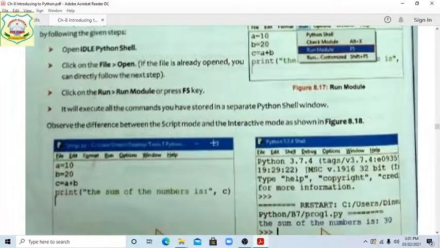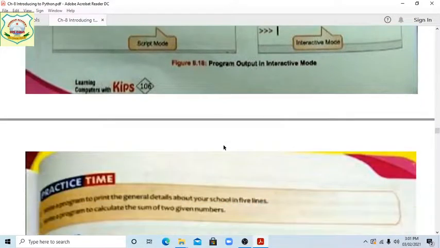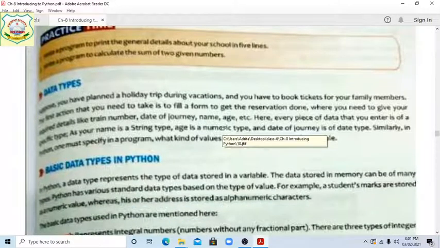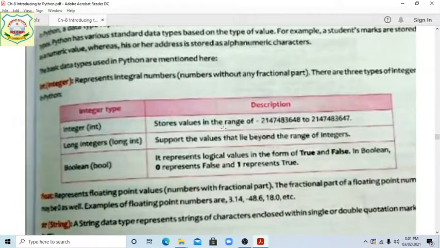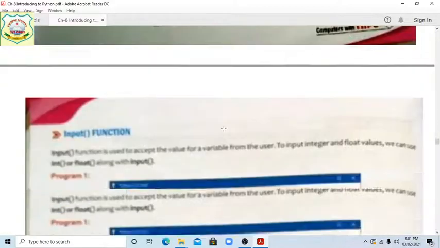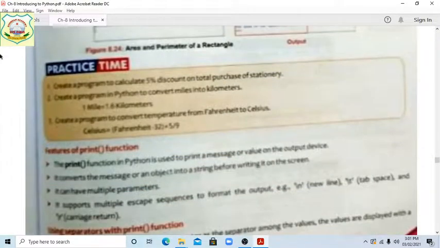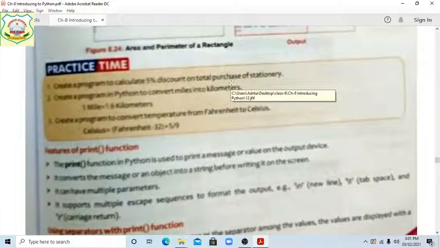How to run script mode and interactive mode, and the program to calculate a two-digit number, about strings. These are all input functions, and about the program also. And this is practice time: how we can find a 5% discount for the total purchase of stationery, we did in the previous class.